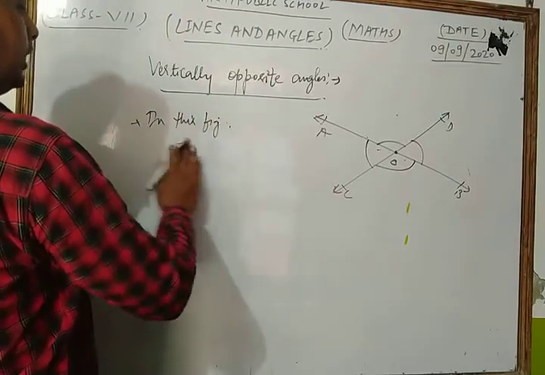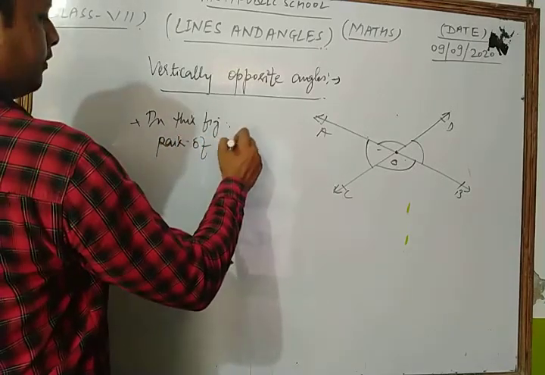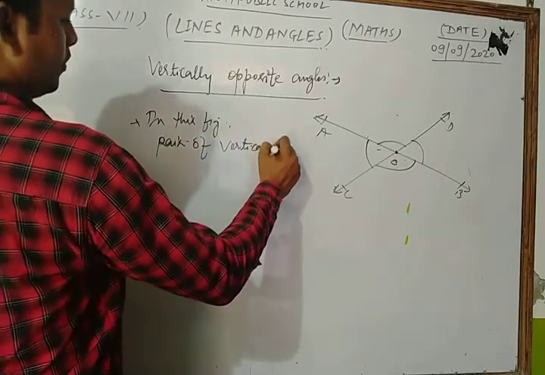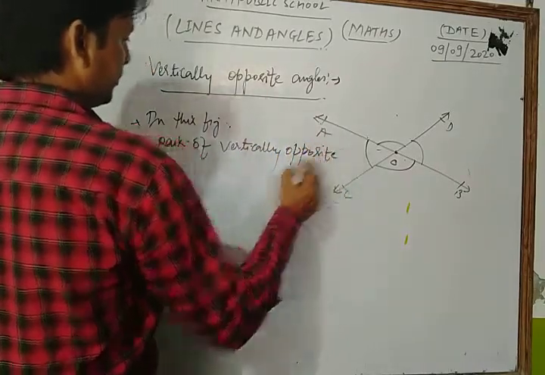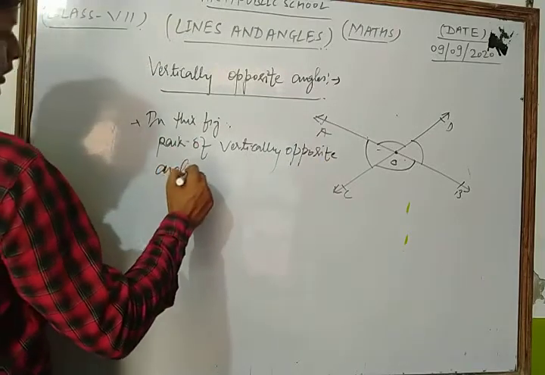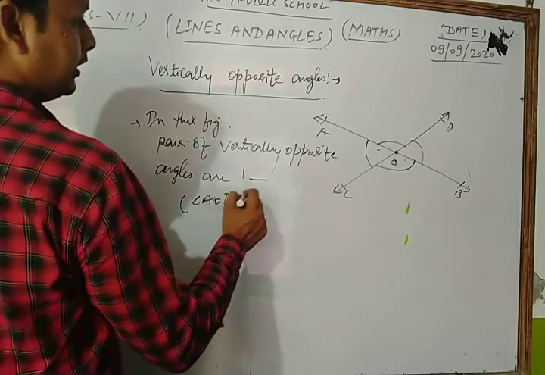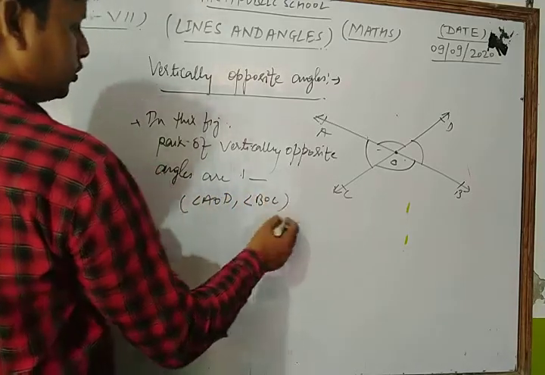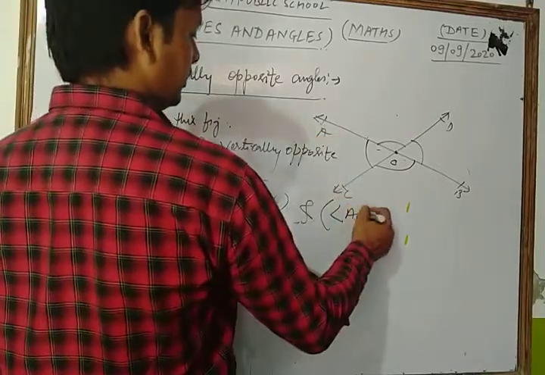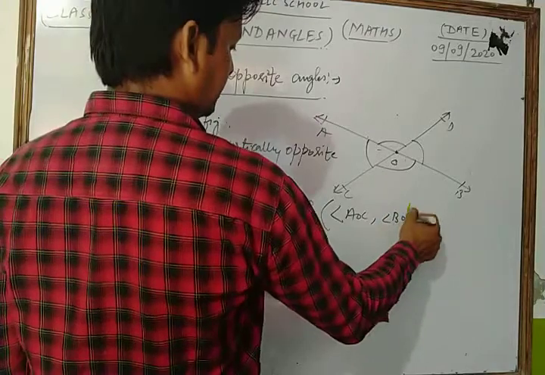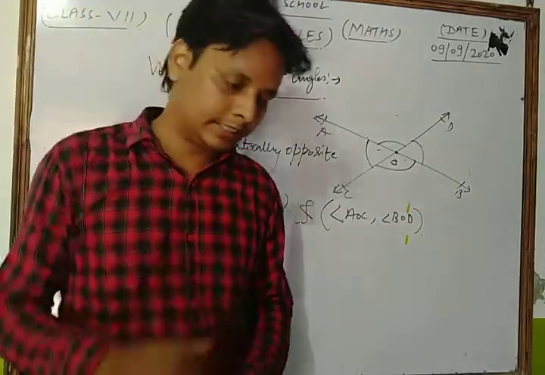the pairs of vertically opposite angles are angle AOD, angle BOC and angle AOC, angle BOD. Dear students, this is the concept of vertically opposite angles, and one important thing is always remember in